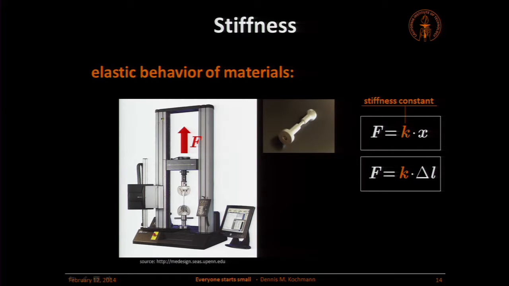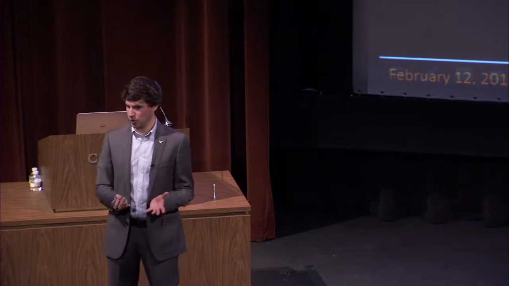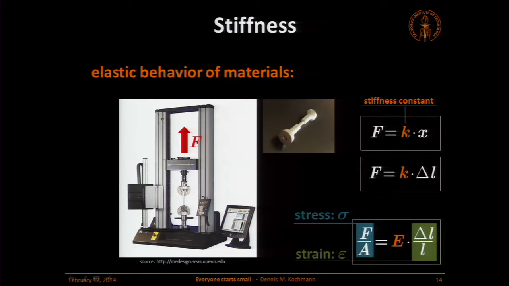You can measure the force, you can measure the elongation, and what we get is a relation which, again, looks like this. The force is a stiffness times elongation. The problem is this stiffness here, K, is not really a material constant, and people realized this long ago. The reason is quite simple. Force doesn't say much about what we do to a material. If I apply the same force to a thin wire or a very thick rod, it's not going to have the same effect. So what we do is we take the force, we divide it by the cross-sectional area of the specimen. This is what we call the stress.